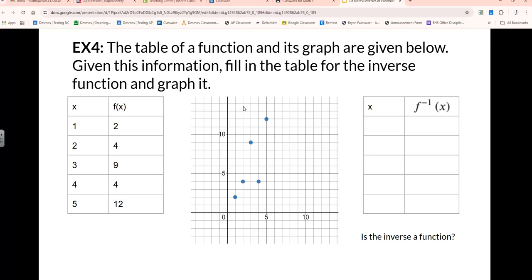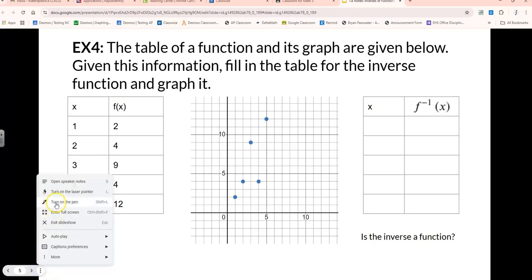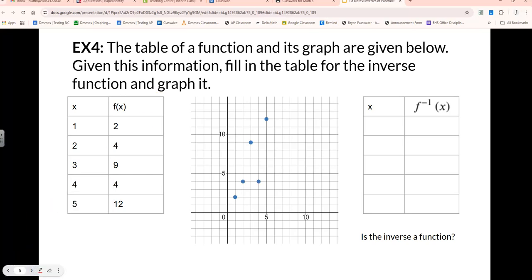So here we have an example where they have given us a table, and it says the table of a function and its graph are given below. Given this information, fill in the table for the inverse function and graph it. So for that,